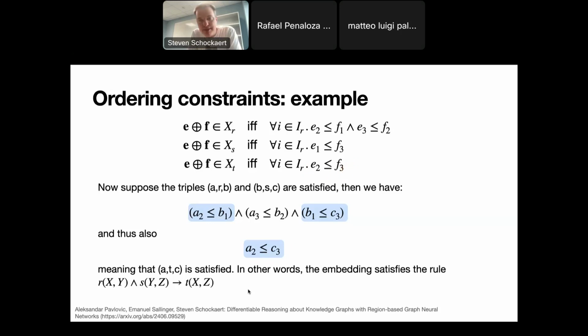So what it means is that with this model, whenever the triples ARB and BSC are satisfied, we automatically also find that the triple ATC is satisfied. That means that in this embedding model, the rule that R(X,Y) and S(Y,Z) imply T(X,Z) is satisfied. So hopefully that gives you at least a little bit of an intuition of how we can capture composition rules